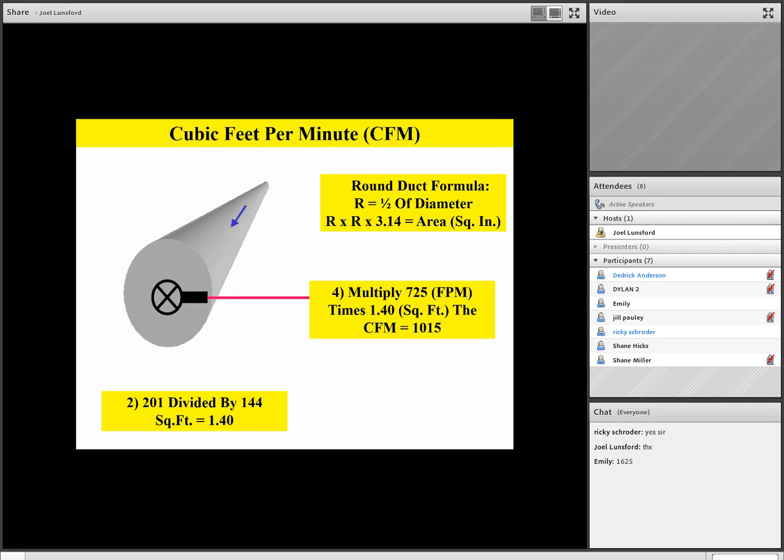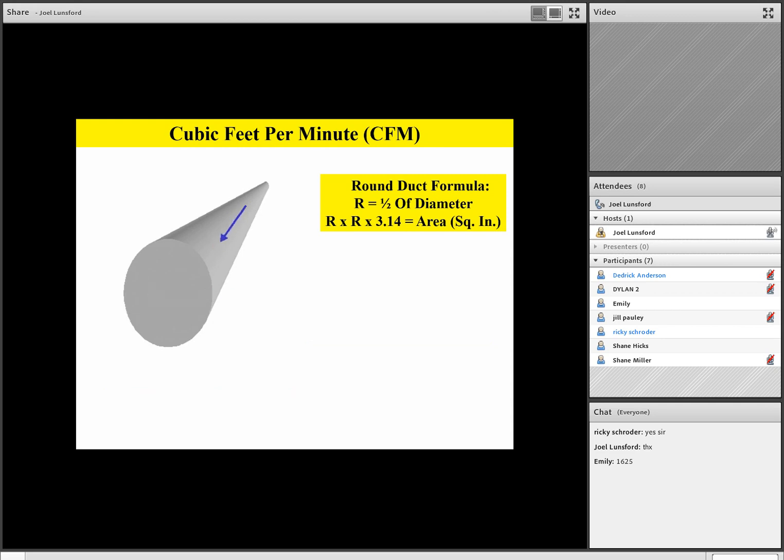Okay, well, let's do one more example of round ductwork, and then we'll move on to something else. In our second example here, it looks like we have a duct opening of 14 inches. So let's take the radius of that 14-inch duct. That's 7 inches. So 7 times 7 is 49 times 3.14 should give us a cross section of